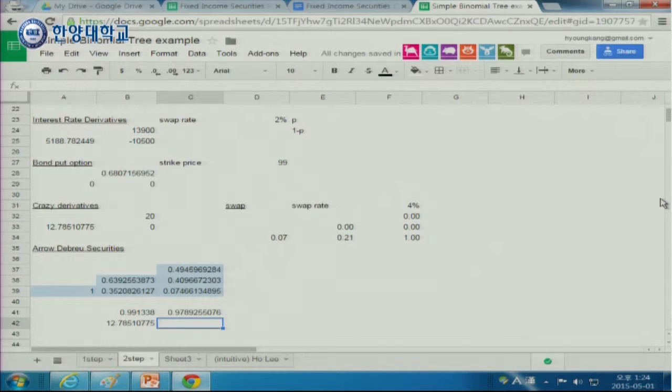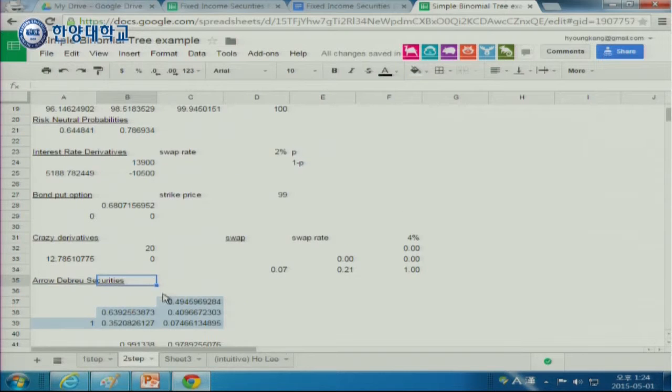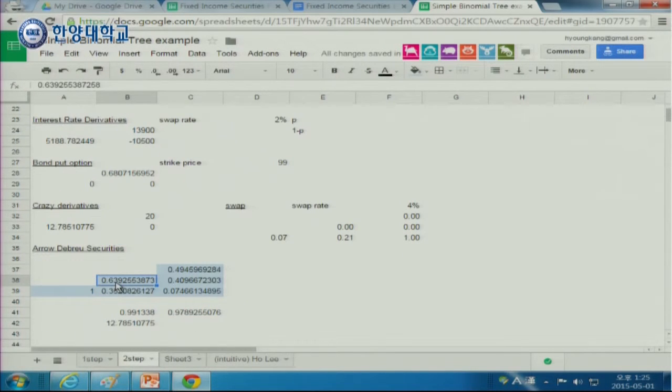The idea is like this. First, let's start from this one. This one is, of course, 1. And this one, we know, is like a risk-neutral probability. And then, suppose we receive $1 over here. If we receive $1 over here, then the value of this LOW security is the probability of this event and discounting, right? Probability of this event and discounting. So what you can do is R and P, and then multiplied by,